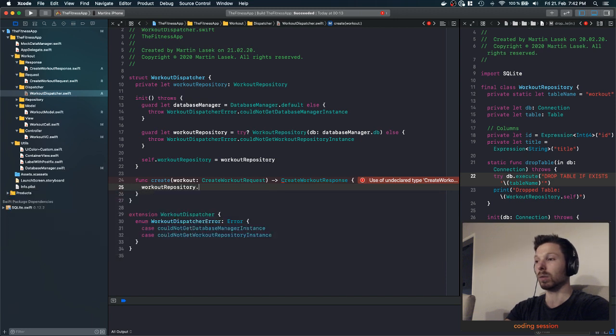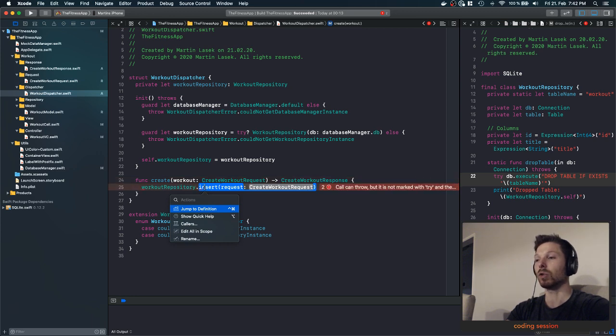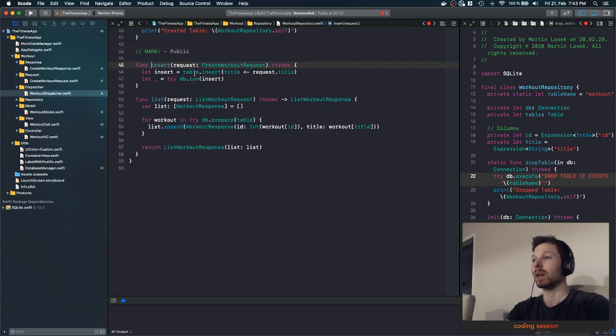Here, workout repository actually insert, and here what we're using is we should use the model, I think. We can do that. So that is not a request, but workout model, or basically just model,